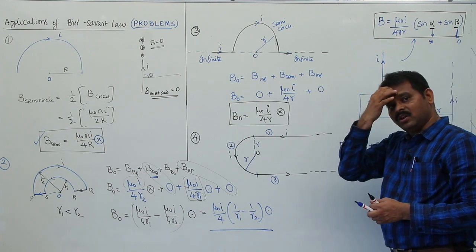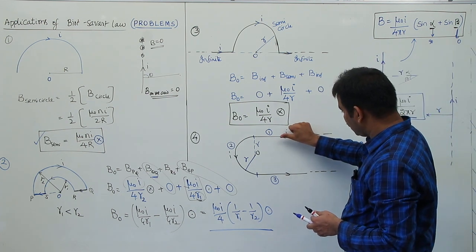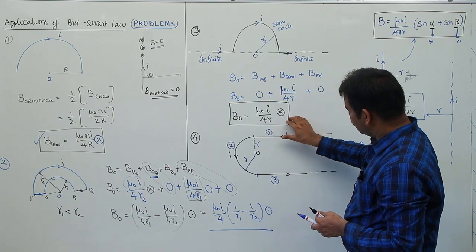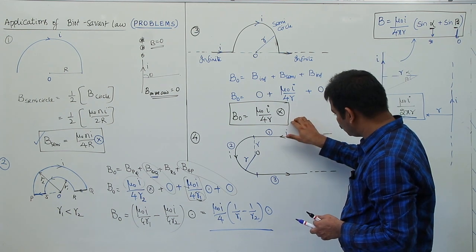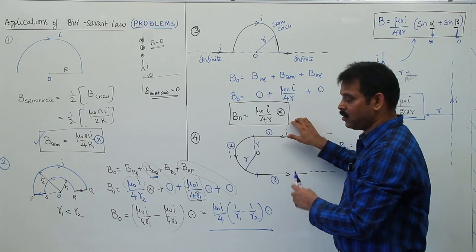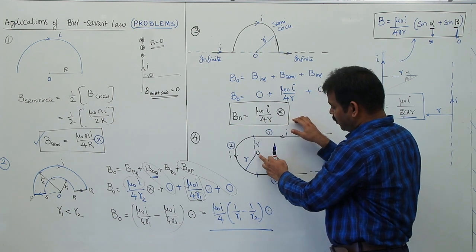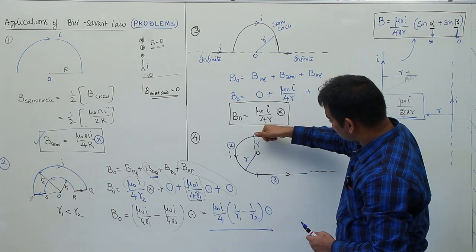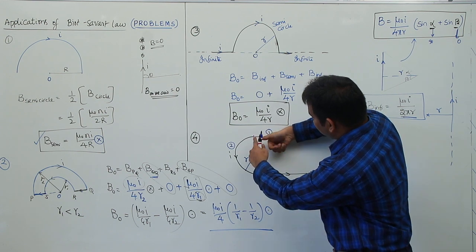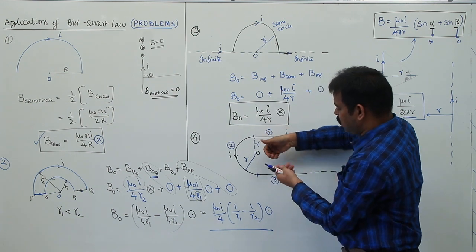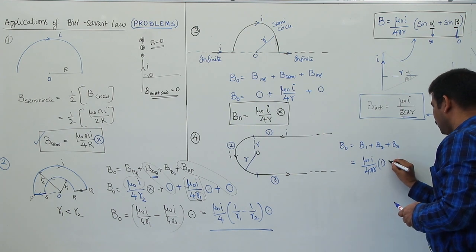But what is the direction of the magnetic field here? Here current is flowing along the thumb. The field above the wire is into the board, but I don't want the magnetic field above the wire. I want the magnetic field below the wire. So I have to rotate my hand such that the current is in this direction, and the field is outwards. So this field is outwards.